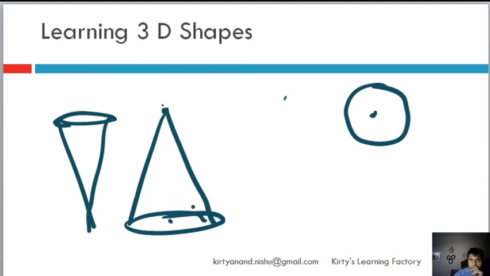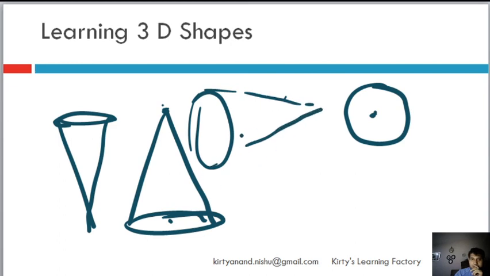I will just straight away see the circle which is at the bottom, right? So that is how I will see. When I am seeing it from the side, that's how it will look. If I have a side-ish kind of a view, that's how I will look at it. That's how I will see a cone. So you have all seen a cone.